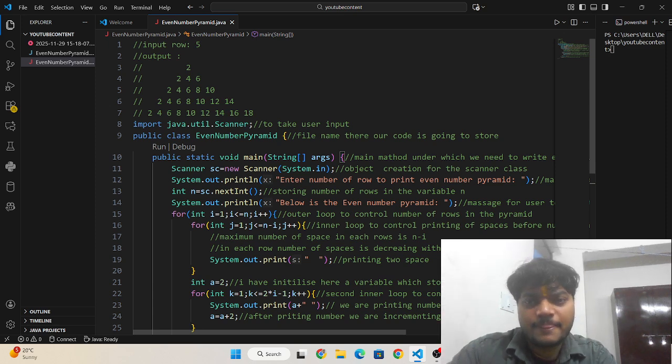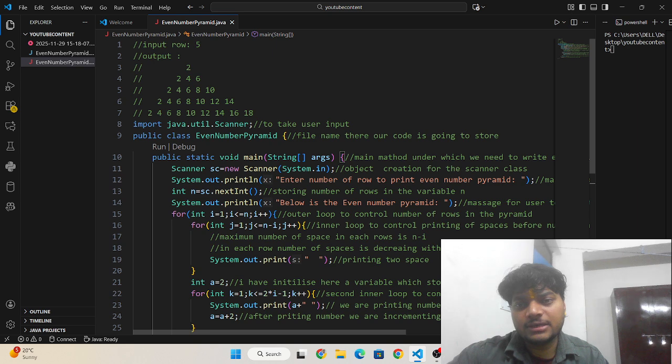First is this, printing the number of spaces, and after that you have to print the even numbers. So I have initialized a variable with the starting even number, that is 2, the lowest even number. After printing 2 in the first row, I increment that number by 2, so that we can move to the next even number.